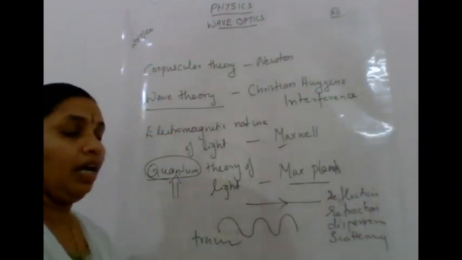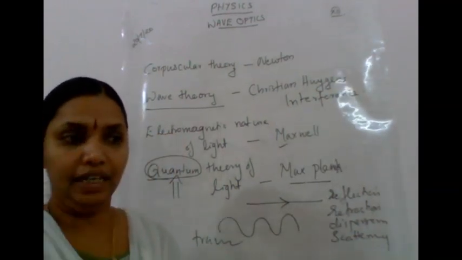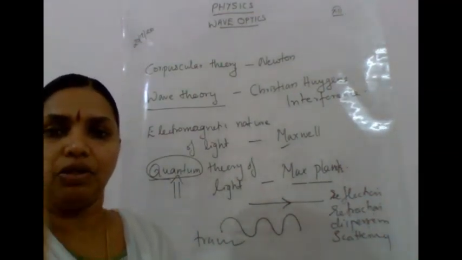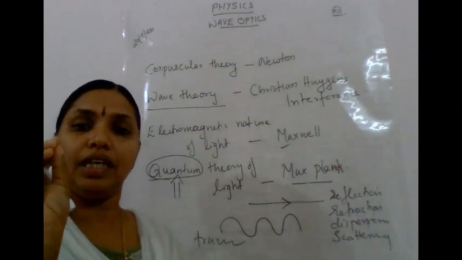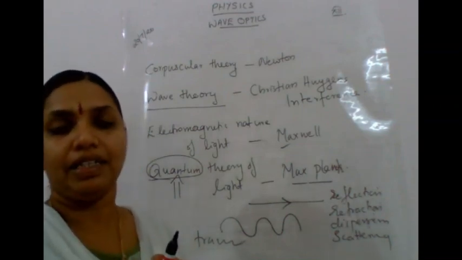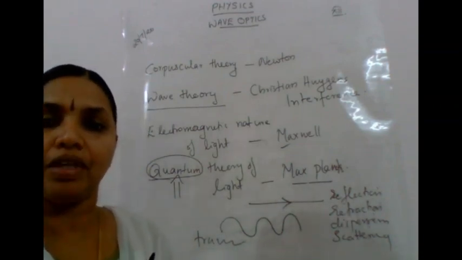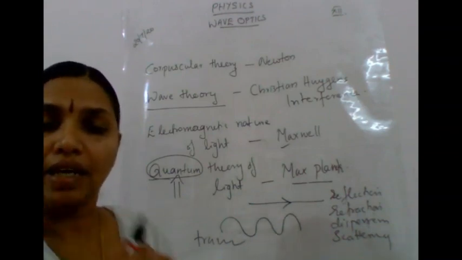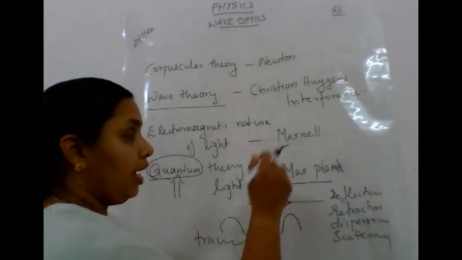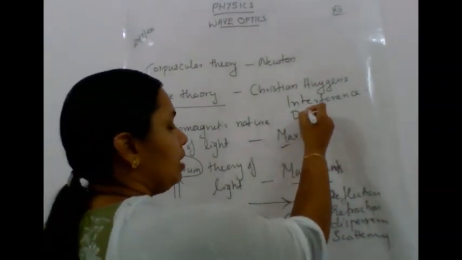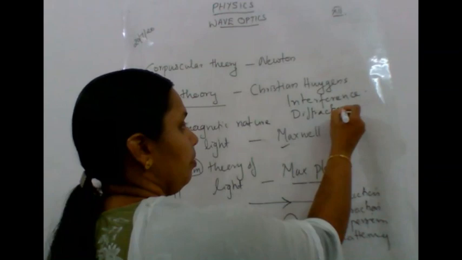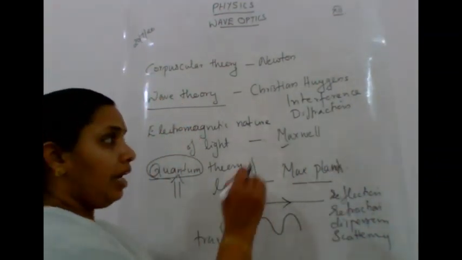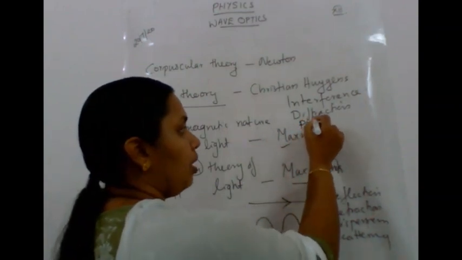Then if you hang a CD and rotate it like this, isn't it? That is, it oscillates. At that time we could see again a colored pattern on the CD. That is, all the 7 colors get scattered, and that pattern is because of another phenomenon known as diffraction. It is called diffraction: interference, diffraction. And one more thing is polarization.